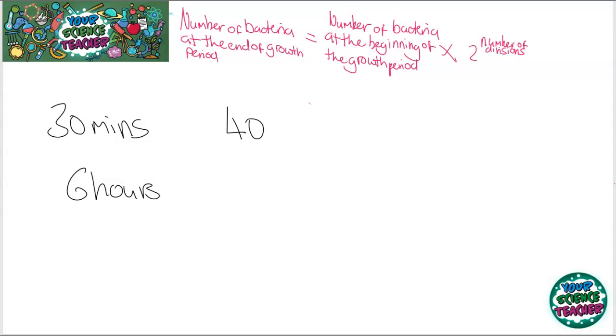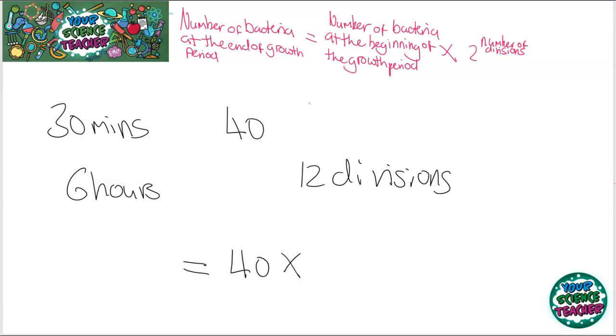So let's use this equation then. So if 6 hours have passed and it divides every 30 minutes, I've had a total of 12 divisions in that time. So there's been 12 complete divisions, and there were 40 at the start, I said. So I'd have to do 40 times 2 to the power 12. And that will give me how many bacteria I will have at my end. That actually equals